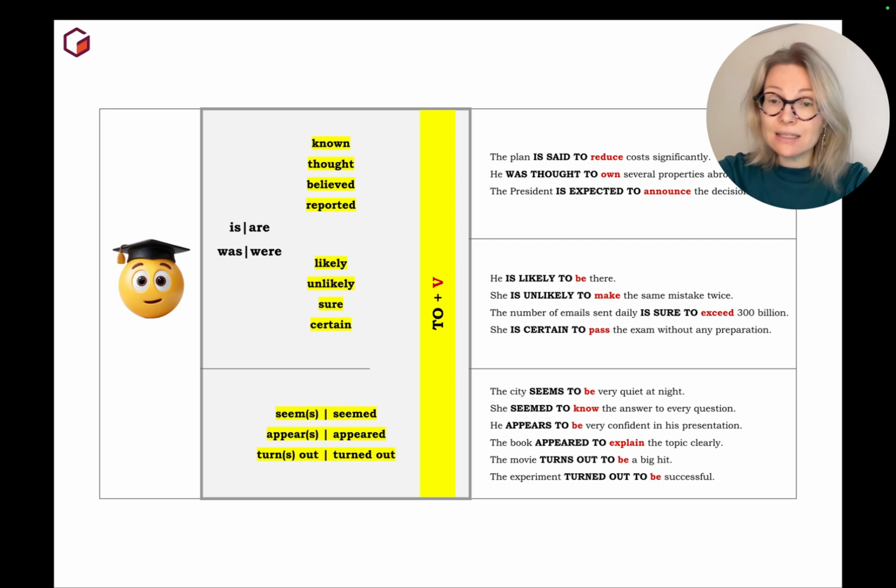The number of emails sent daily is sure to exceed 300 billion. Or you can say I'm sure, or it is sure, or certainly. Or she's certain to pass the exam without any preparation. It is certain that she can pass, or she will pass, or she passes the exam without any preparation.